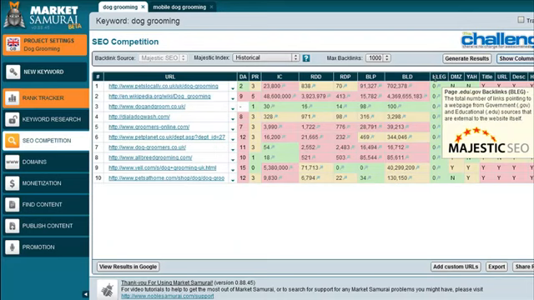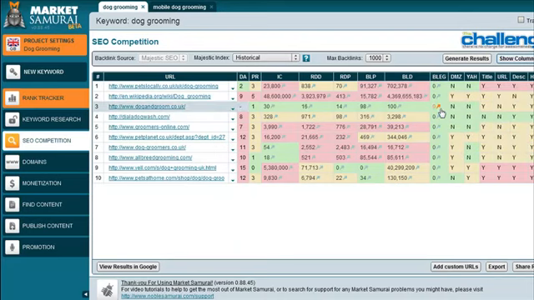Backlinks from education and government sites, none of them have any, so maybe a couple of those might help you out a bit. His website doesn't have any domain age at all, so it was probably built this year or last year. Page rank of 1, hardly any links. So if this guy's in number 3, it's mostly because he's nearly got everything right, as this guy at number 1 has got everything right. So if we get all of that right,